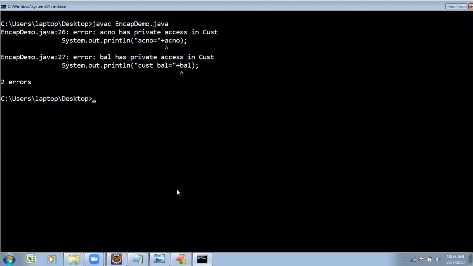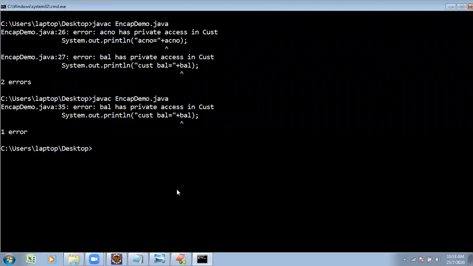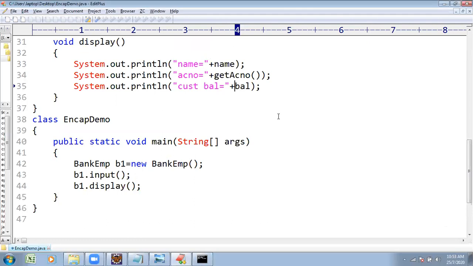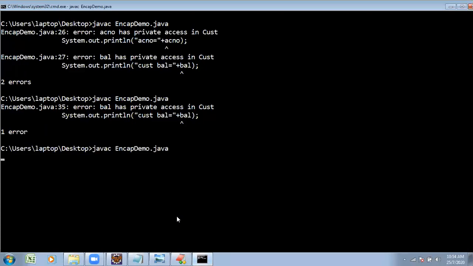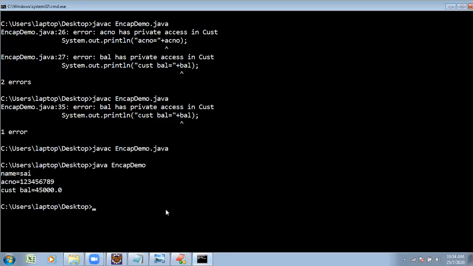So from the program point of view, when you declare private, you have to mention the method name. What's the method name? Get balance method. When you call the get balance method, the cursor goes to that method and retrieves the information. Setters methods assign the values. Getters methods retrieve the values. Here, this is done directly. Why? Because we did not declare it as private. When you declare private, it can be accessible through methods. The concept is called encapsulation.